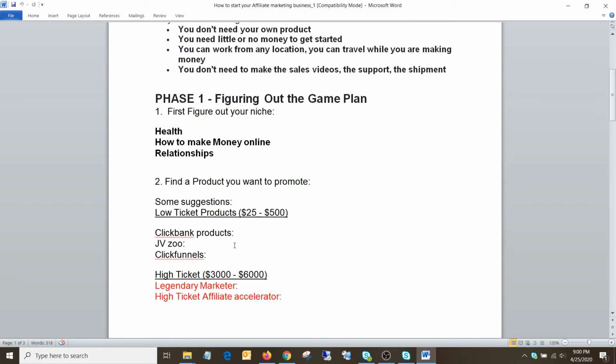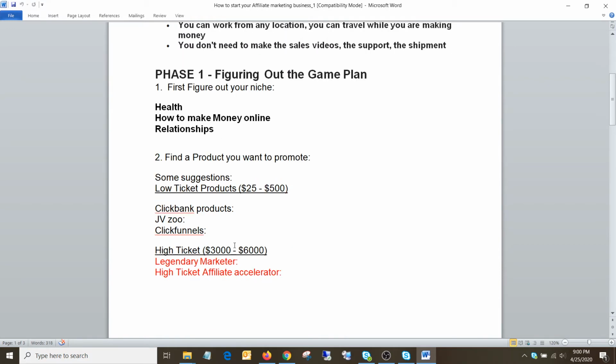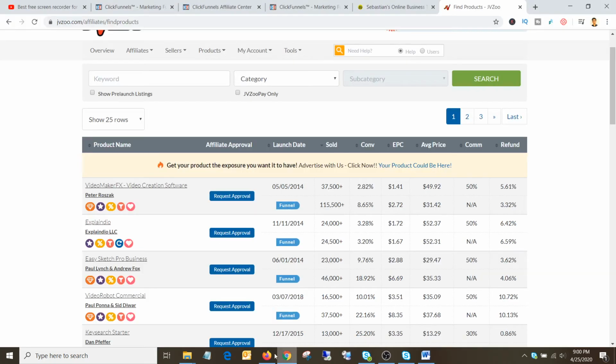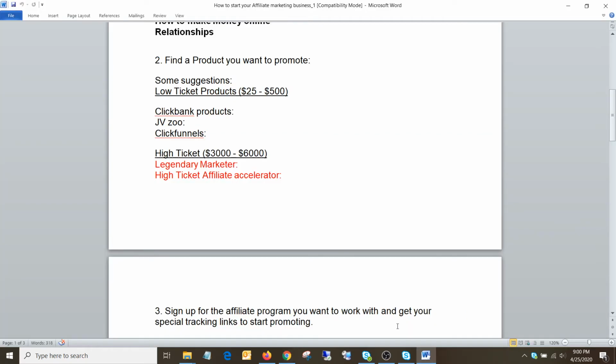So choose your product, and once you choose your product, you need to apply to be an affiliate for that product, and you can get your unique links. Like Zevizu, they are absolutely free. You can just go and apply and get your links as well. Same goes with ClickBank, you can go and apply for them.